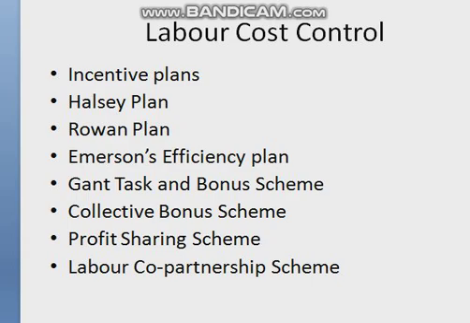Now we come to another one, the fourth, that is Emerson Efficiency Plan. This plan has been designed to encourage unskilled or inefficient workers to perform better than earlier. Under the plan, a minimum daily wage is guaranteed and a standard time is determined for each job, process or operation. During each period, a record is kept of the hours worked and the units produced, and the efficiency of each employee is then determined by dividing actual hours into the standard time for the units produced.